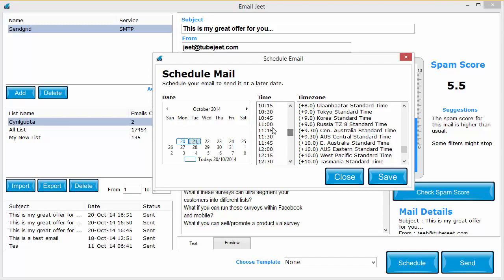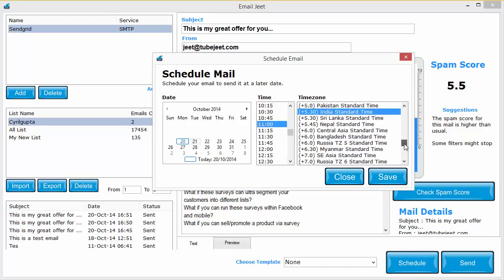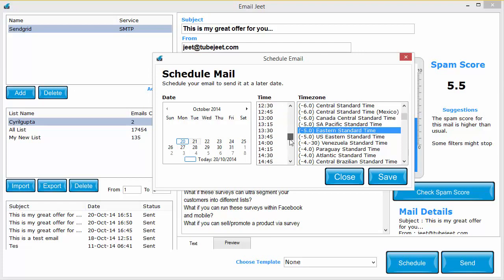Suppose you want to send it at 11 a.m. The time zone that it'll show you is the current system time zone, but if you want, you can select any time zone you want. So let me go with EST, which is very popular in the market that we operate in. So just select EST, which is minus 500 hours. And when you click save,